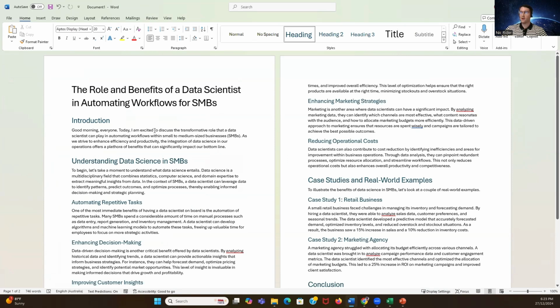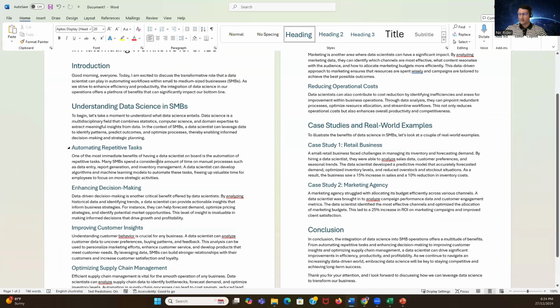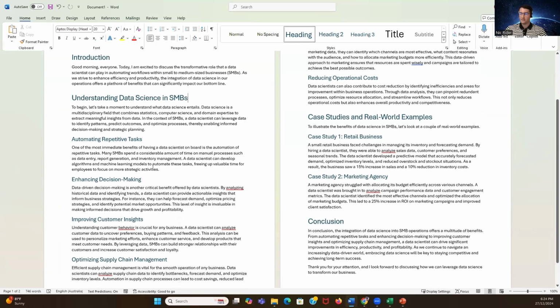Good morning, everyone. Today, I'm excited to discuss the transformative role that a data scientist can play in automating workflows within small to medium-sized businesses as we strive to enhance efficiency and productivity. The integration of data science in our operations offers a plethora of benefits that can significantly impact our bottom line. Okay, and then I just go through this, the automating of repetitive tasks, time saving in the business,